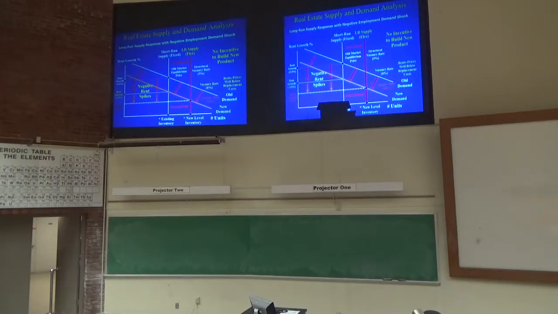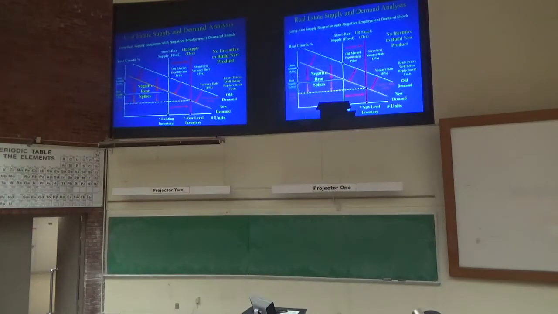And then here's the worst case scenario. You overshoot the supply curve and you go into a recession and you have a negative demand shock. So this happens in Phoenix and Albuquerque, and there are boom-bust markets all the time. They have a ton of land, they promote construction, they overshoot on the supply side, and then the recession hits and the employment demand shock turns negative. So you get a negative demand shock, a positive supply shock, and rents are careening down and values are collapsing in the marketplace because of deficient demand and oversupply. That's the worst case scenario right there.